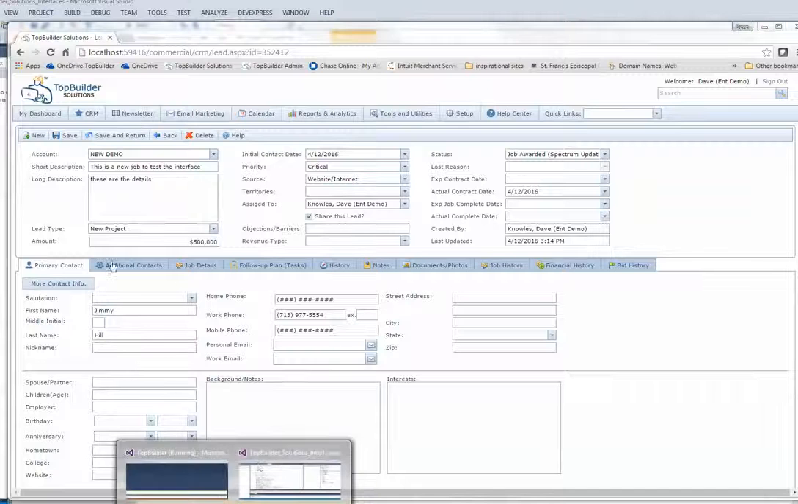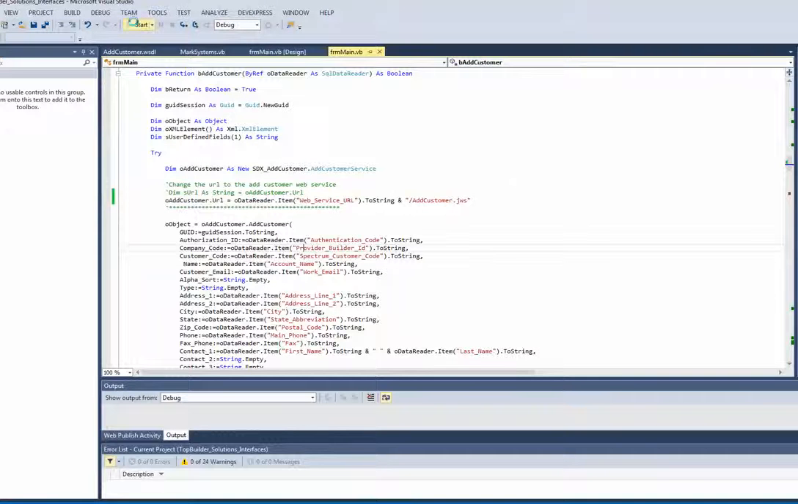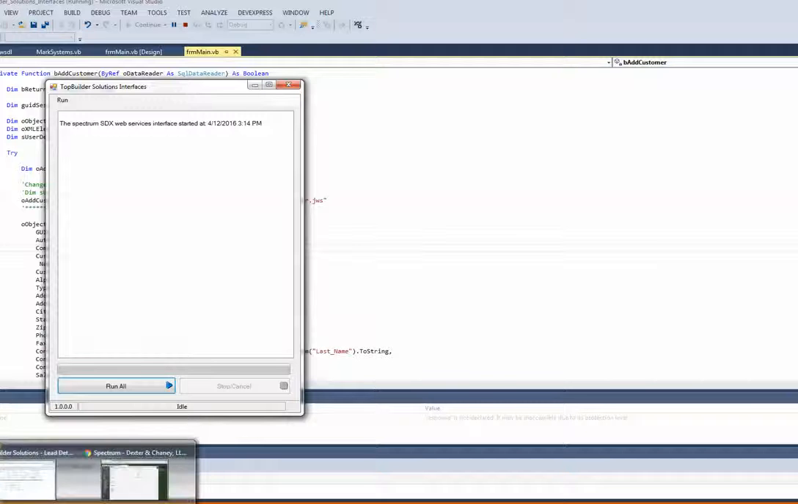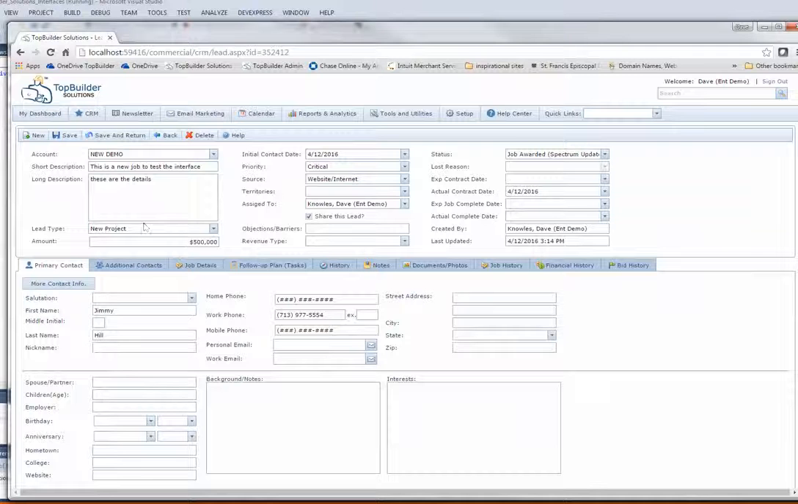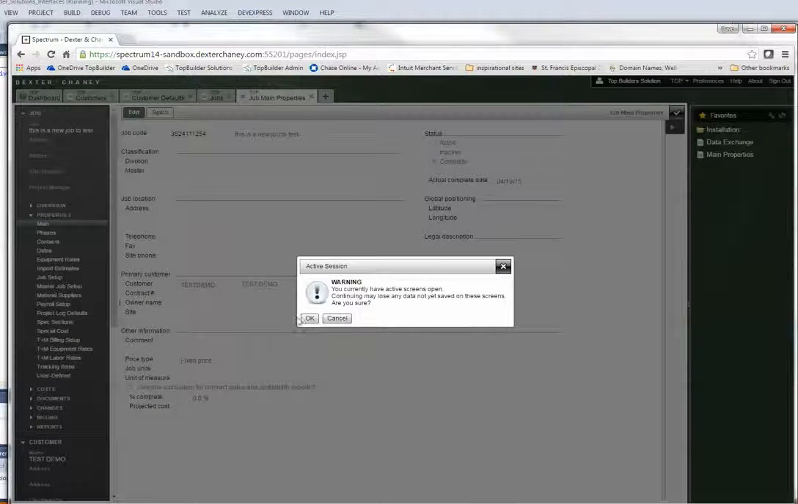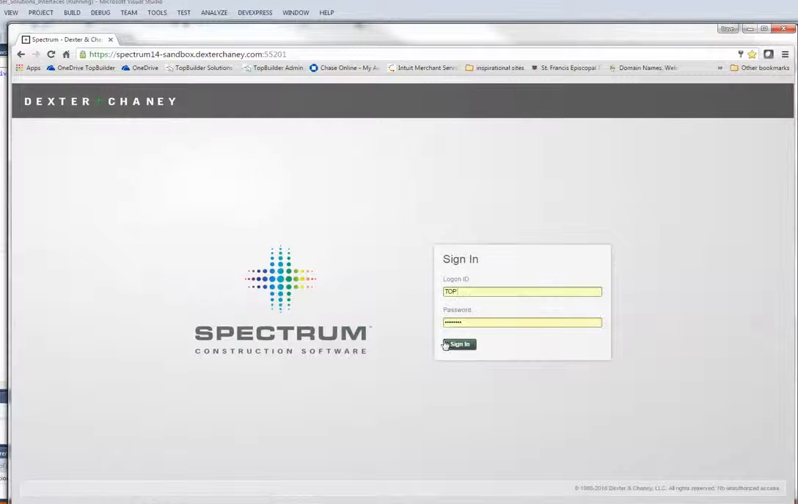Now what I'm going to do really quickly is I'm going to run this interface, and send that new customer, that new account, over to Spectrum and that job as well. And so that's running, and while that is running, I am going to, okay, it's finished. I'm going to log in to Spectrum. Let me sign out and show this to you from the beginning. I'm going to sign into Spectrum,